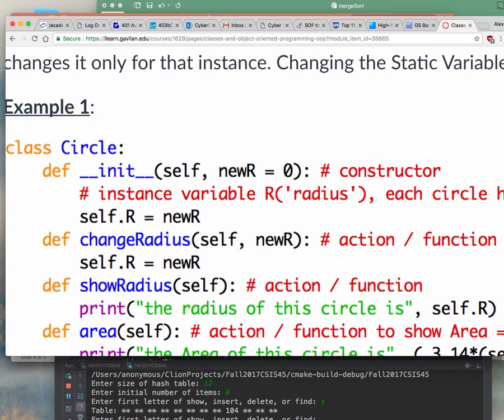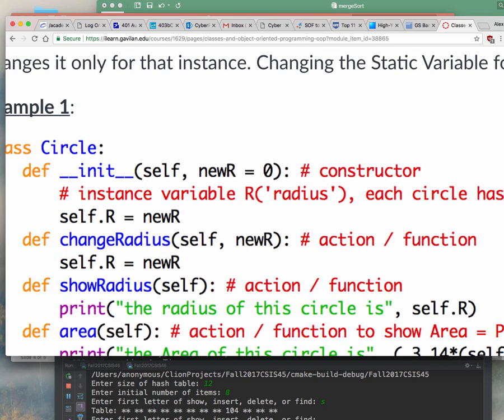Don't ask why, they just decided we're going to call it a different name. It's still a function, but basically a method is a function which is inside of a class. And in here I'm keeping the same name because you know them as functions, so I'm going to keep calling it a function, even though it's actually a method. So a method is a function which is inside of a class.